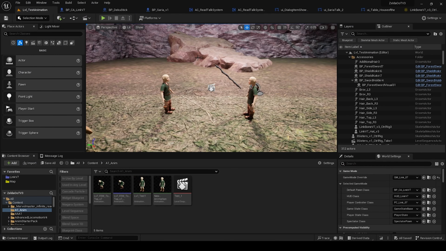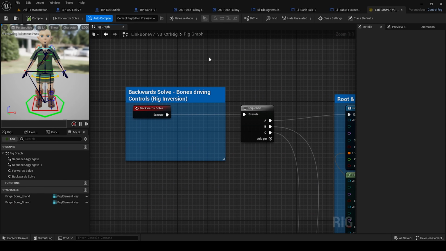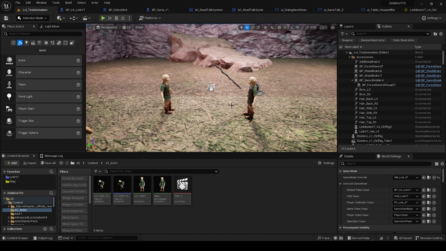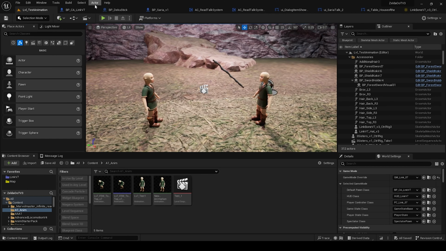Hi everyone. Today in this video we will talk about Ctrl Rig inversion that we will apply to our animation, connect the Ctrl Rig. For example, we will create some